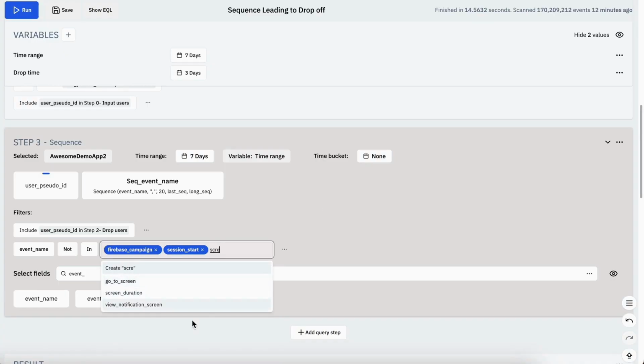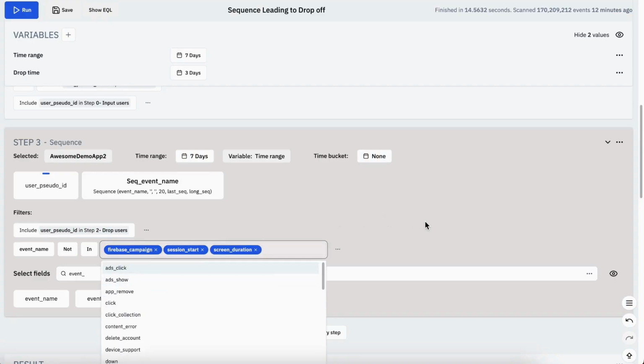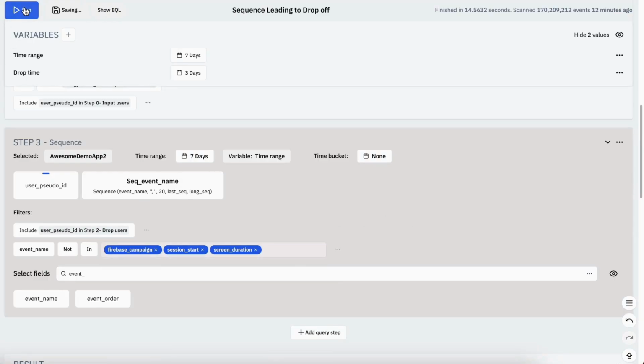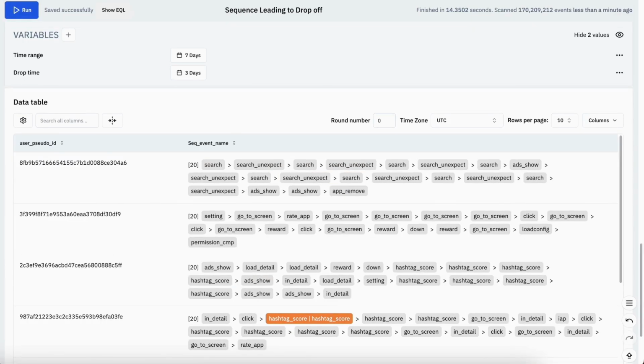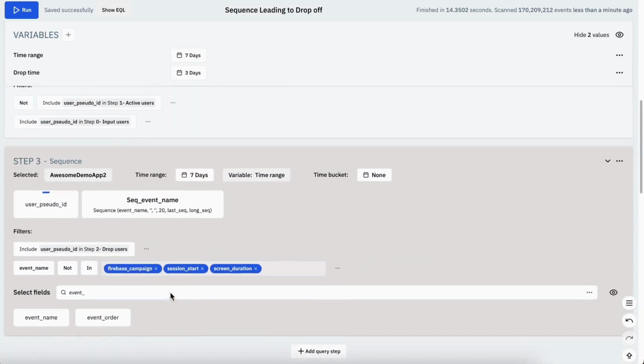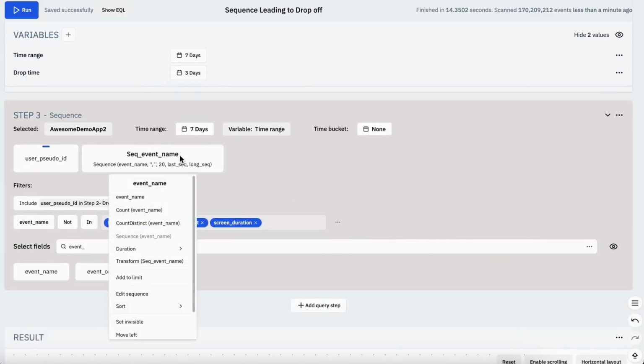And I'll remove Screen Duration since it doesn't tell me much about user intent. Now when I run the sequence again, the output becomes much cleaner. There you go.